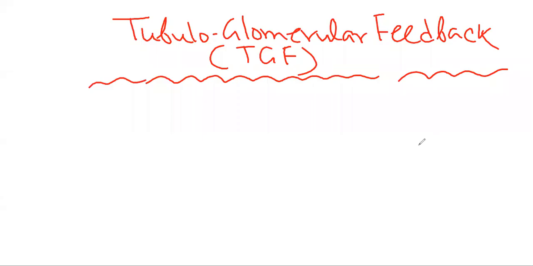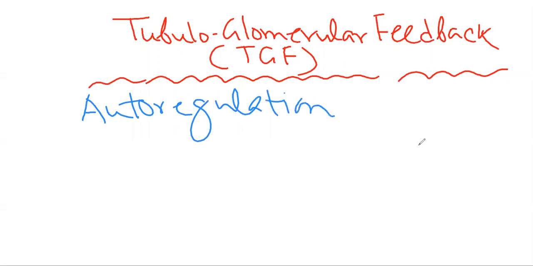Hello everybody. Today in this session we are going to discuss the tubuloglomerular feedback mechanism, which is also one of the important defense mechanisms for the renal system, and it actually helps to maintain the autoregulation of renal blood flow. So it is one of the important factors for the autoregulation of the renal blood flow, and it also helps to maintain a constant rate of the GFR, or maintain the normalcy of the GFR.